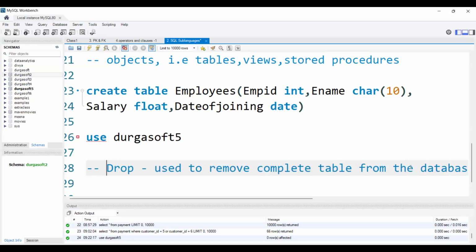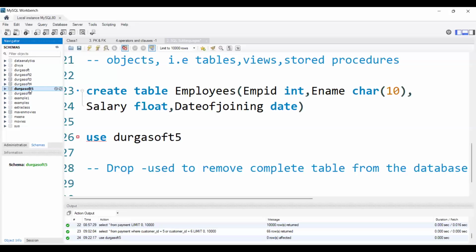Whenever we use drop command, that complete table will be removed. That means it is deleted from the database. Okay. So in this database, we are using DurgaSoft 5 database. We have only employees table here, right?